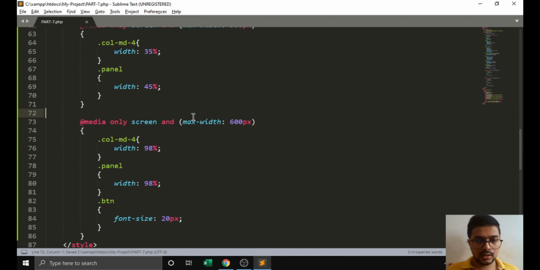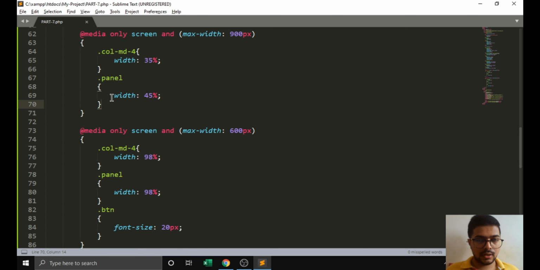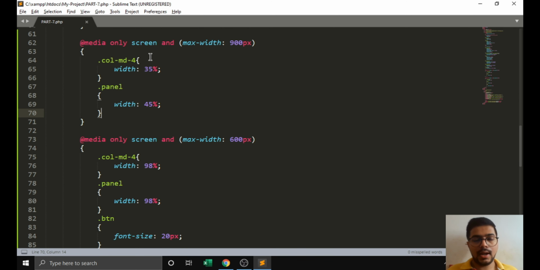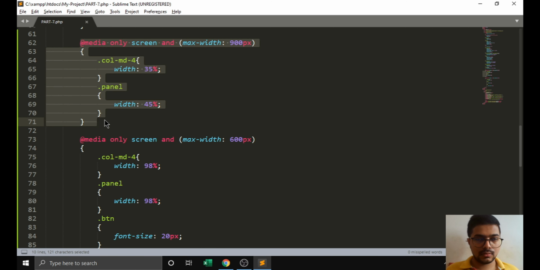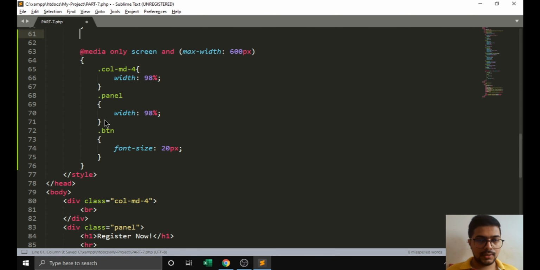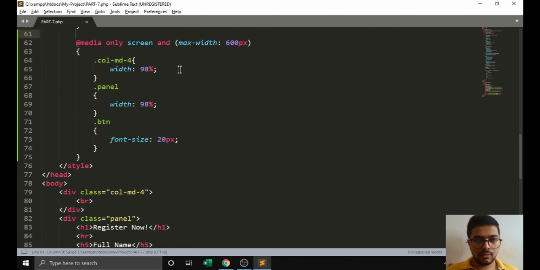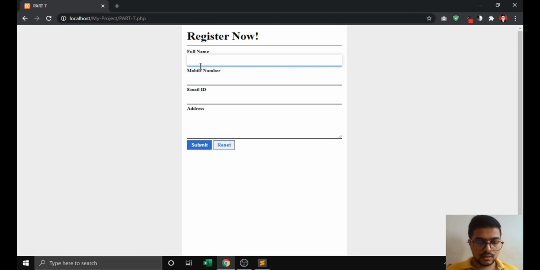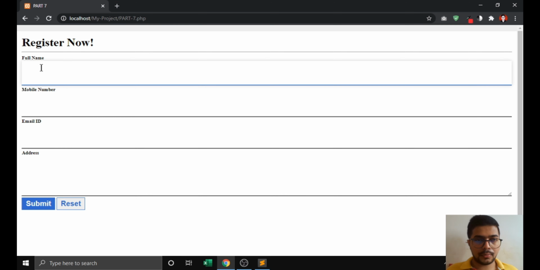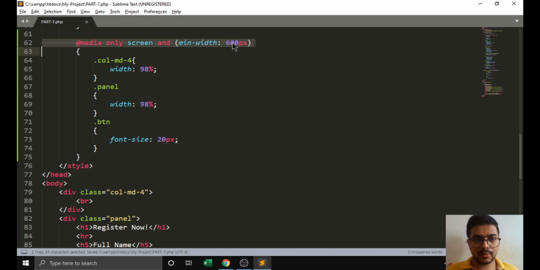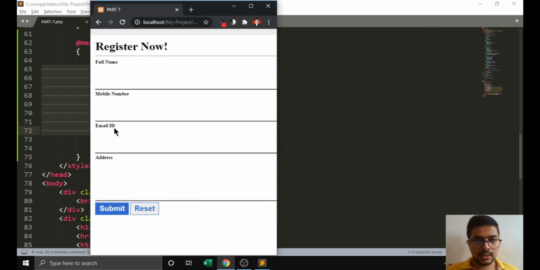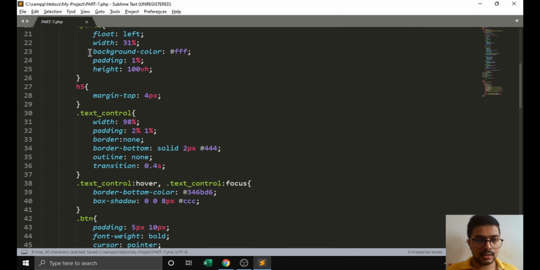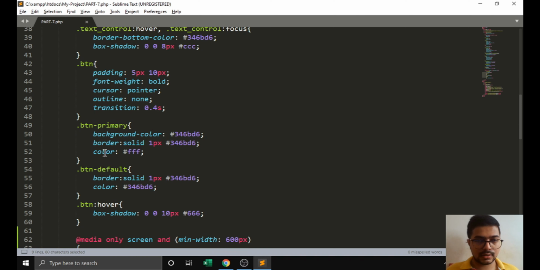The main thing is the max-width property. If we want the tablet view and the mobile view, then we have to pass like this, or else we can create any other factors also. If here we pass min-width, then our code will work for the outer part, meaning after 600 pixels it will apply the CSS below, and below 600 it will apply the other CSS. We can adjust it by our requirements.